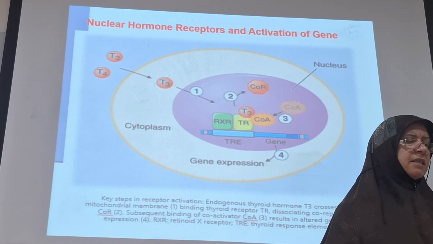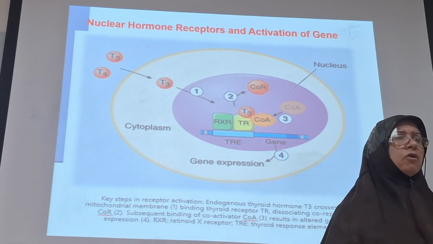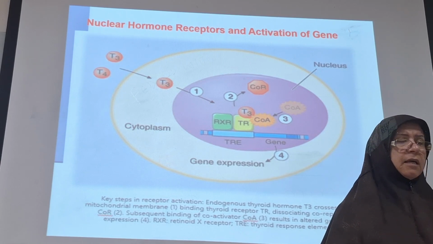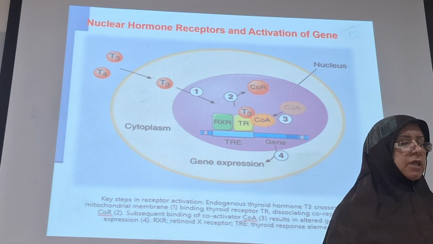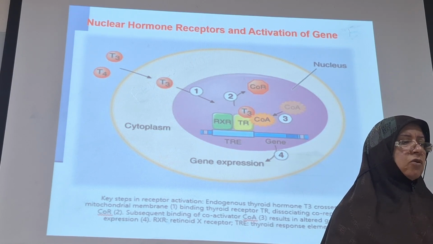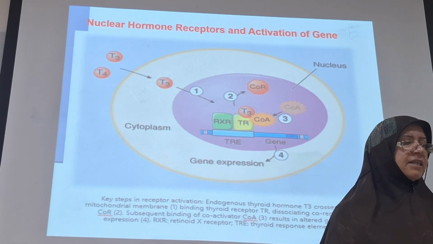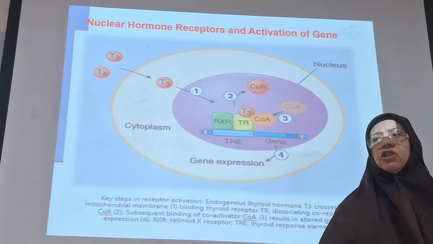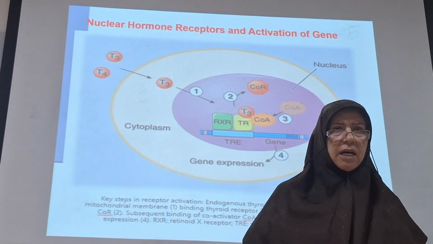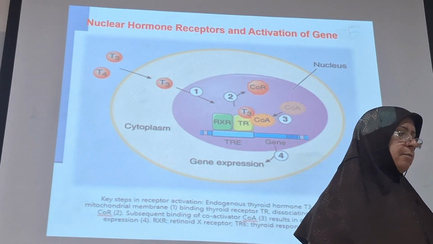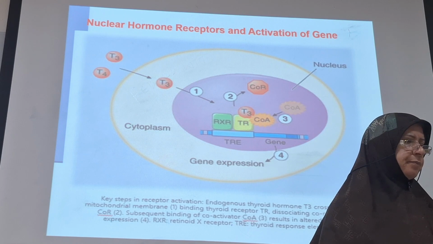The co-repressor represses this receptor. When thyroid hormone enters the nucleus and binds to the receptor, the co-repressor dissociates and a co-activator is recruited and activates gene transcription, increasing messenger RNA. So,